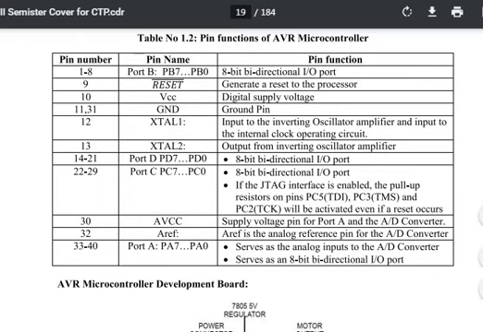of port A and the A to D converter; it provides a positive potential to the A to D converter. Pin number 32, AREF, is the analog reference pin for the A to D converter. Pin number 33 to 40, PA0 to PA7, serve as analog inputs to the A to D converter, and also as an 8-bit bidirectional input output port.